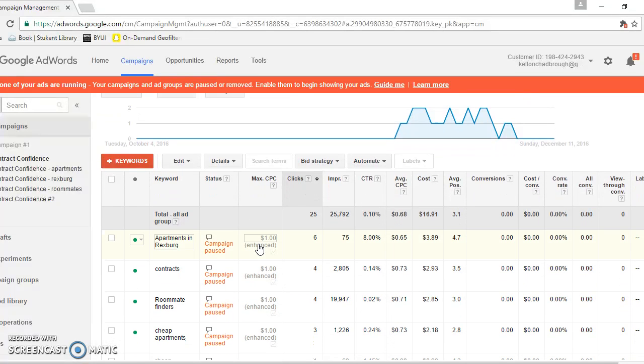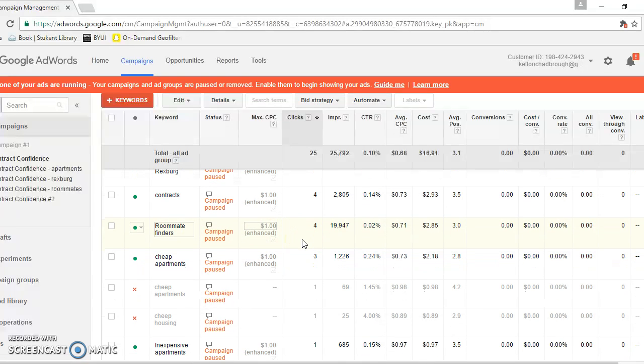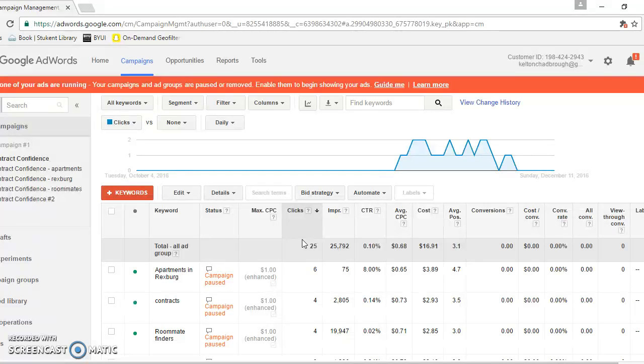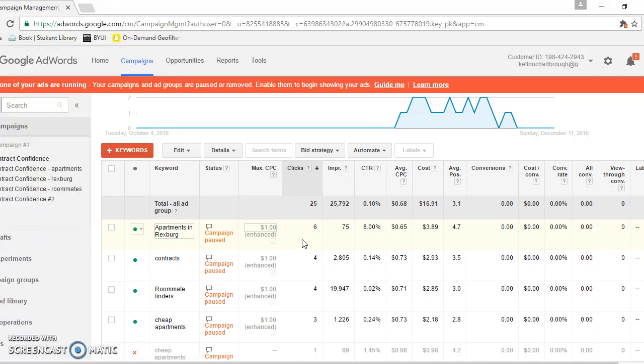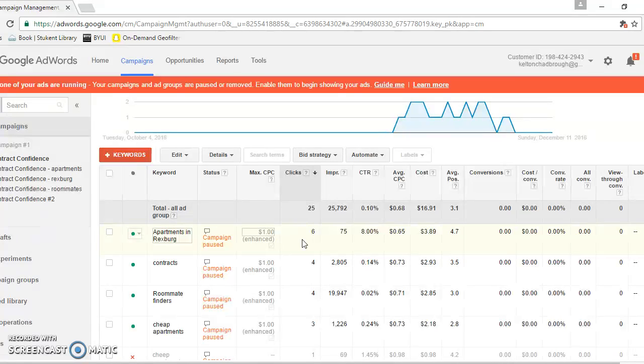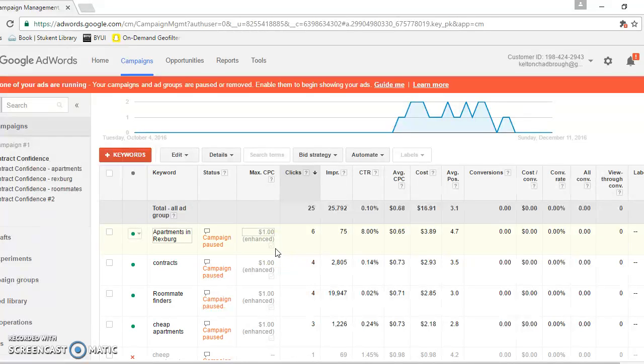This was probably the hardest part of this whole class, was figuring out how AdWords works. For the first probably 10 days of my campaign, I had a 1 cent bid, and so obviously when your bidding's that low, it's not going to be very public. And so it wasn't until the last half of it that I was able to up my bid and finally start getting some impressions.